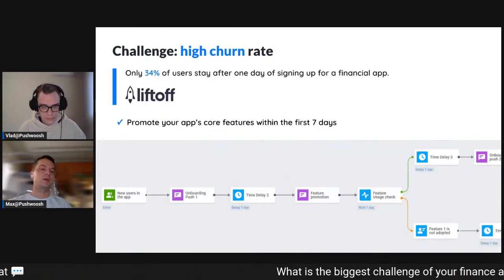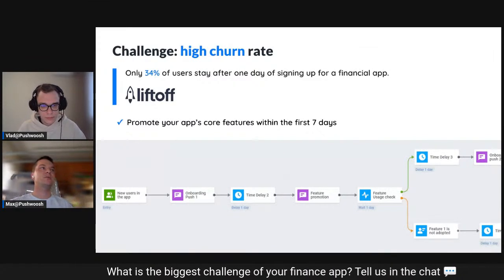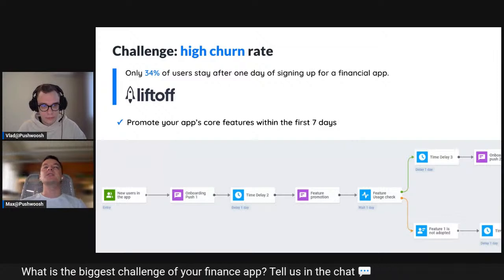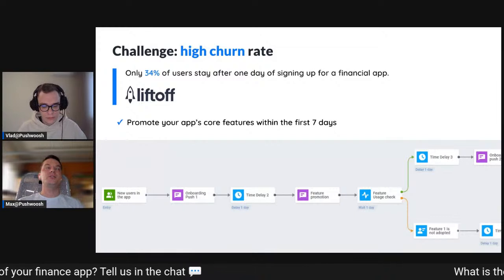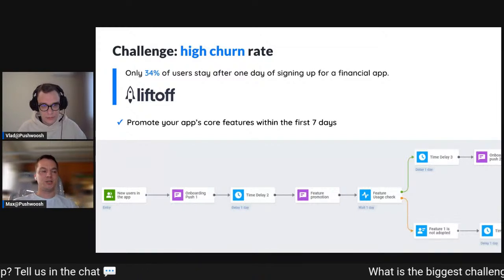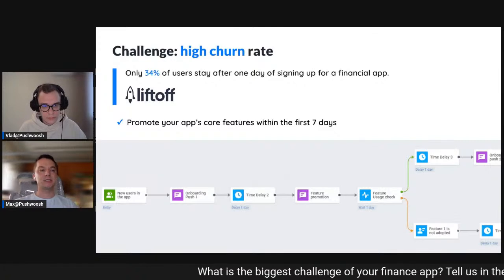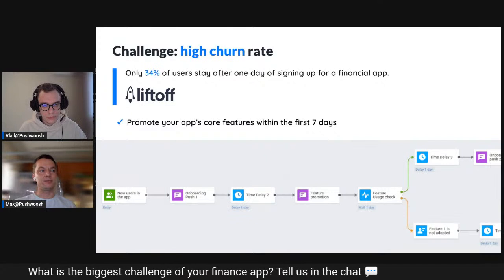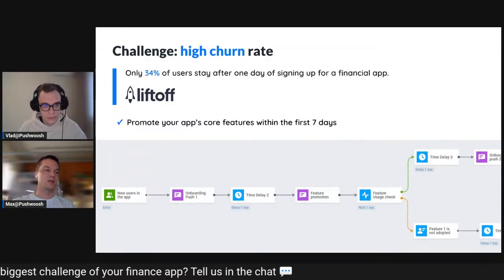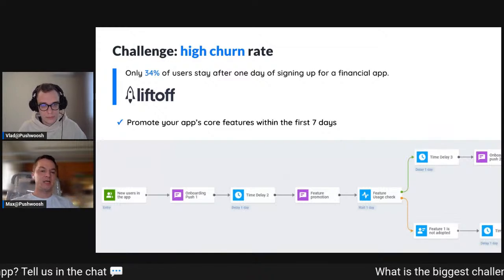And one more thing that is also important is the potential lack of communications that you are sending to your customers in regards to core features of the mobile application. Therefore, it is important to communicate key values, core values of the application at the beginning of the user experience.